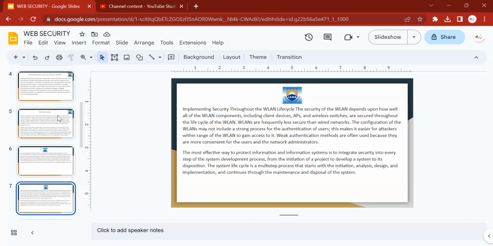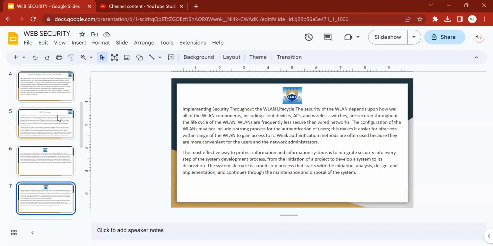Weak authentication methods are often used because they are more convenient for the users and the network administrator. The most effective way to protect information and information systems is to integrate security into every step of the system development process, from the initiation of a project to develop a system to its disposition. The system lifecycle is a multi-step process that starts with initiation, analysis, design and implementation, and continues through the maintenance